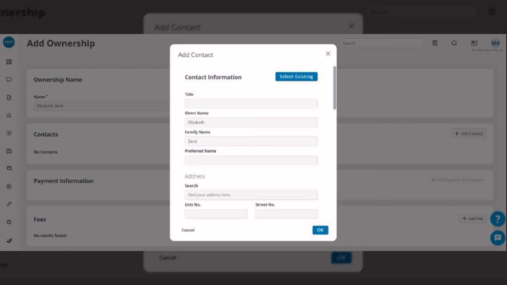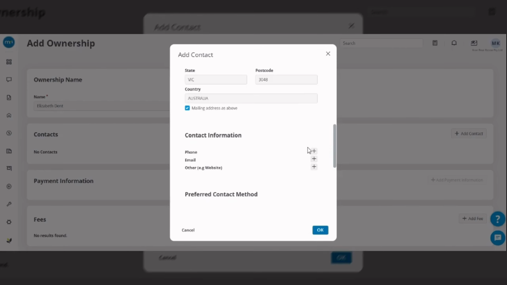Then their address where they are currently residing, right? Now their contact number and their email address.